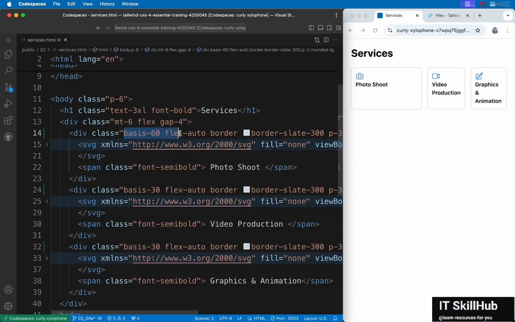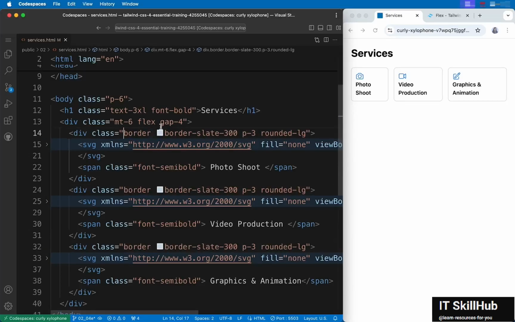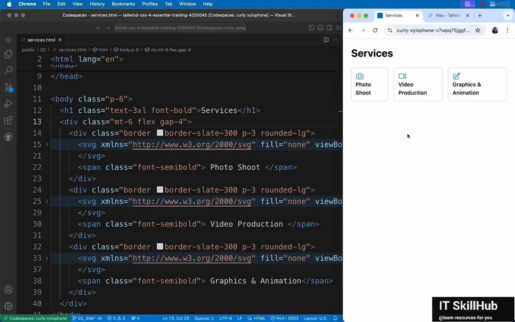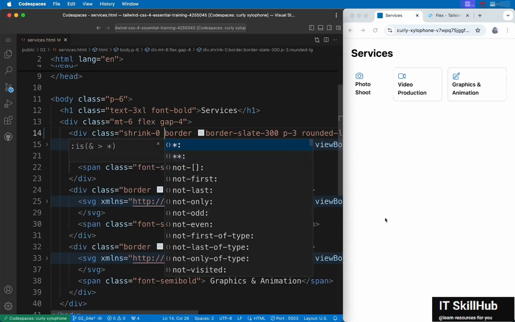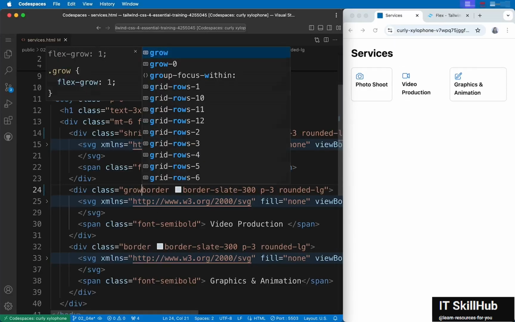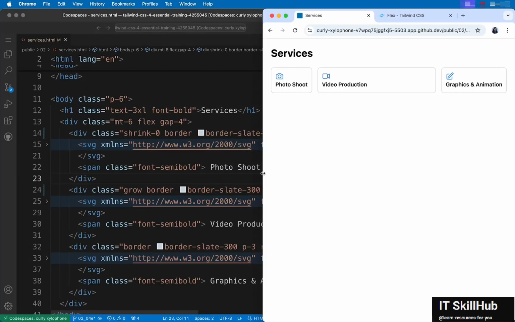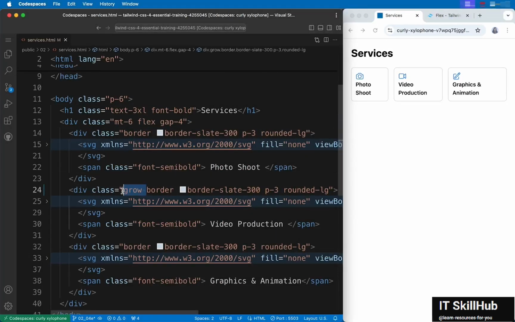Okay, I will remove all of the basis classes and the flex classes, because apart from these flex utility classes, you can use individual shrink and grow utilities to just set the flex grow and flex shrink properties for any of the items. So let's say by default we saw that it shrinks but doesn't grow, right? We can set the first item to not shrink at all. So you can say shrink 0. Shrink is flex shrink 1, but shrink 0, as you can see, sets it to 0. And now if I refresh, it makes sure that it does not shrink further. And then for the second item, let me set the grow as 1. So for that, the utility class is simply grow. This will make sure that that item grows to occupy all the remaining space available, because the other 2 items are not. Alright, this was about sizing the flex items, and I hope you've got a good idea now.